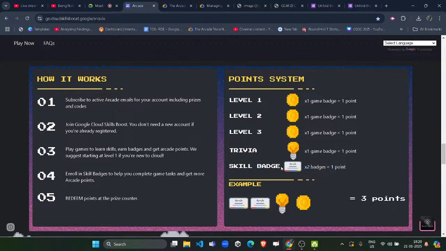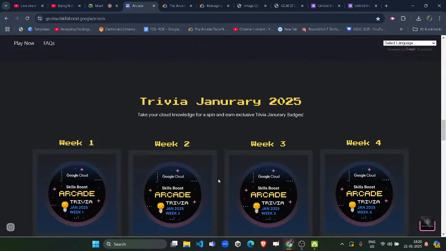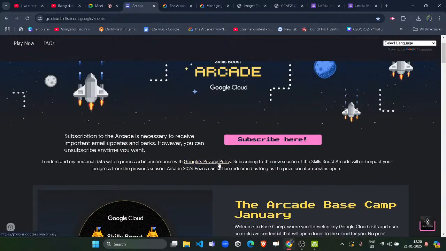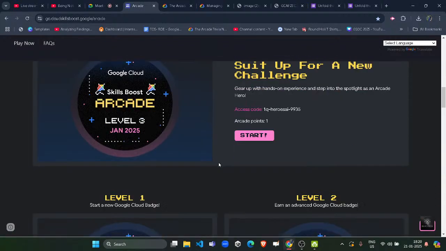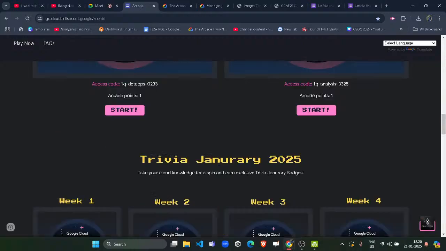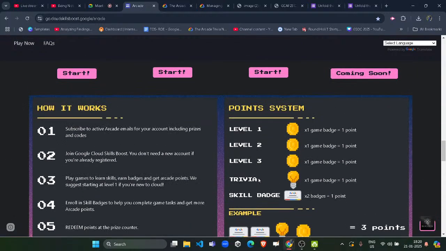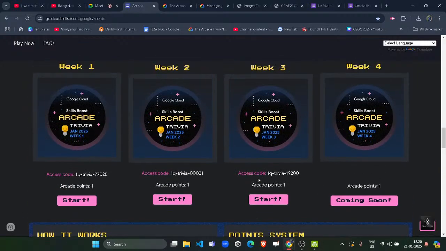Okay, so skill badges are not visible on this official page right now, but I will show you how you can access the skill badges, or from where you can access them. So nothing to be worried about, but I would request you to please focus on the terminology I am using. There are 2 big notations, that is